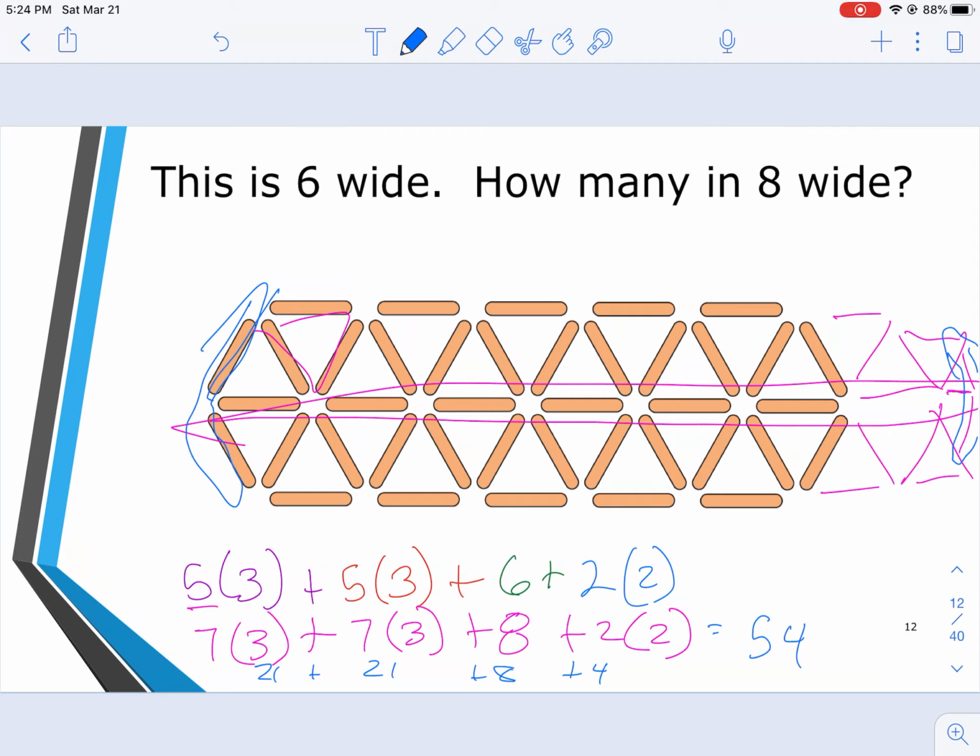So again, just looking at structure and writing expressions and seeing how the structure in the expression